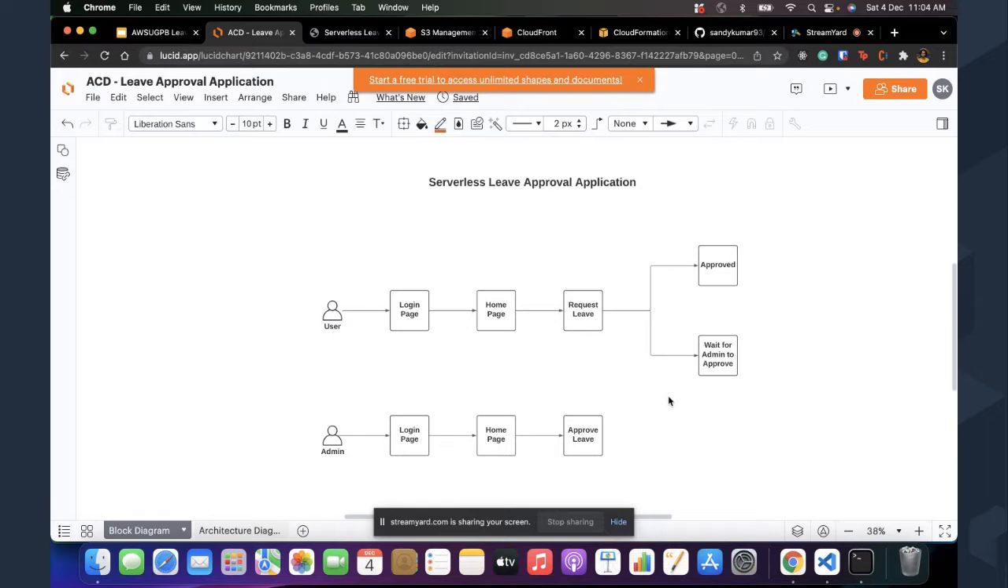And then there's the admin flow. So in the admin flow, it's going to be pretty much the same, except for one change. So the same login page. So after the user logs in, you're going to get the home page. In the home page, the admin is going to have an extra section where he's going to be able to